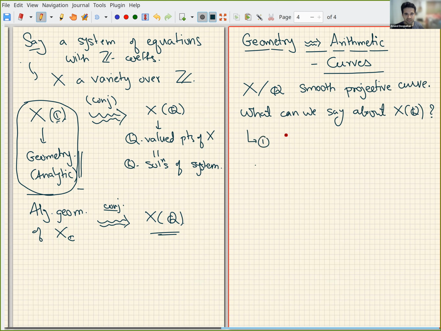The cases depend on the properties of X over the complex numbers. So the first case is if the genus of X, by which I mean the genus of the Riemann surface associated to X, just the topological number of holes, if the genus of X is 0,